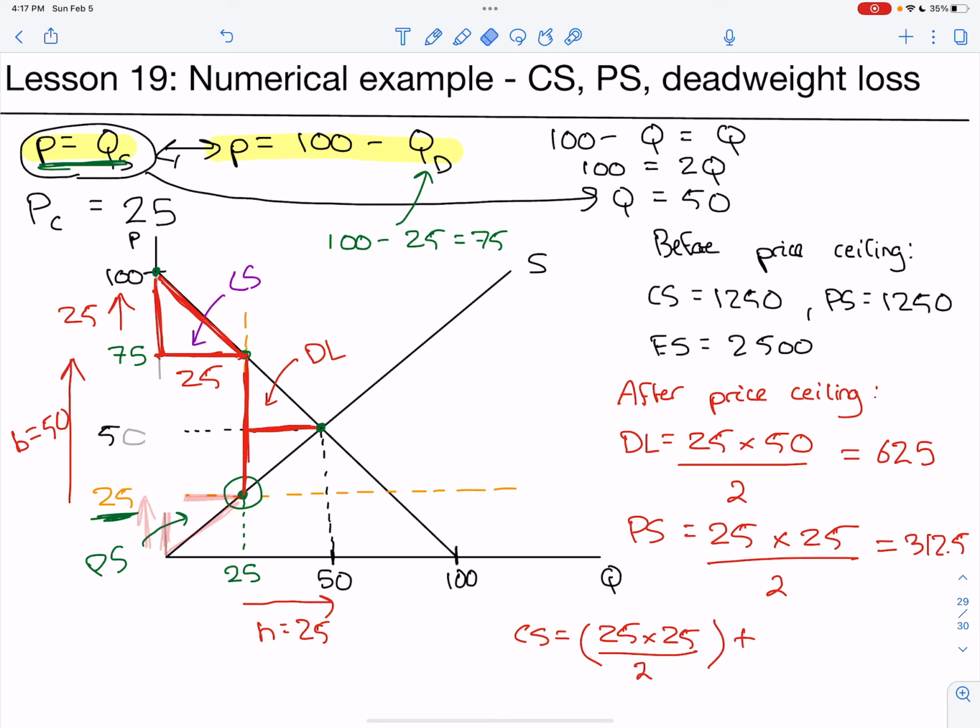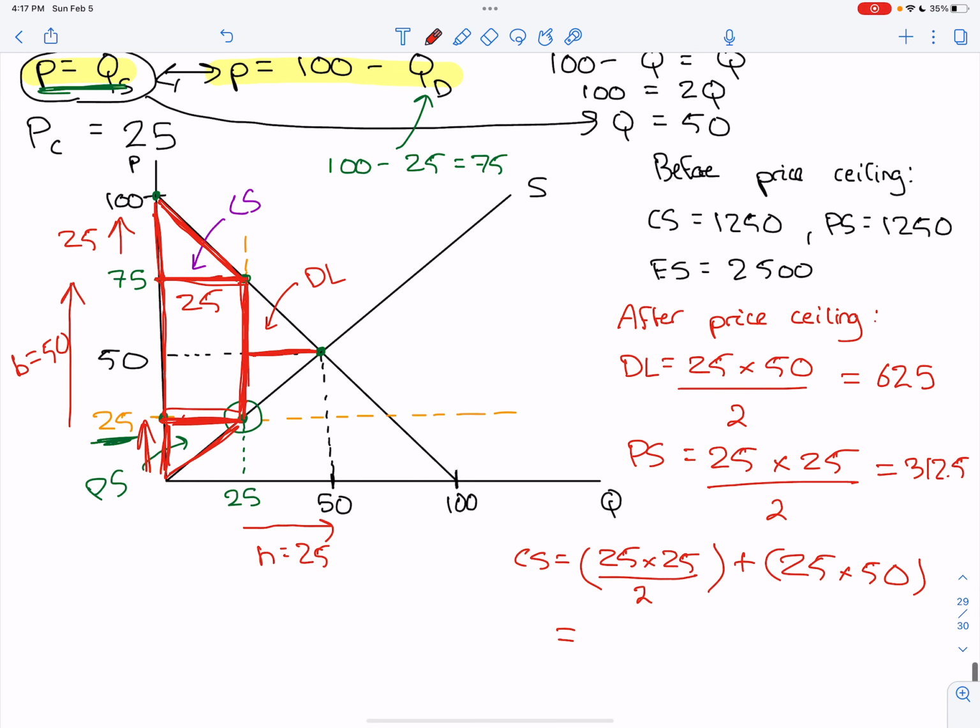Plus the area of this rectangle here, right? So we've got a height of 50, base of 25, so that's just 25 times 50. And what do we get for consumer surplus? Well, 25 times 25 over 2 is 312.5 plus 25 times 50, which is 1250, for a total of